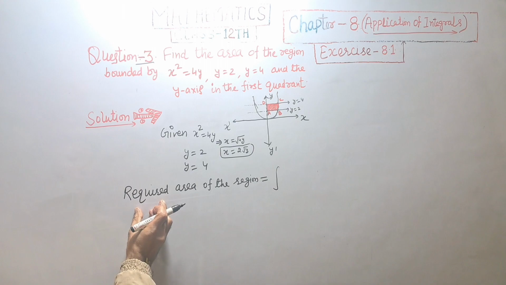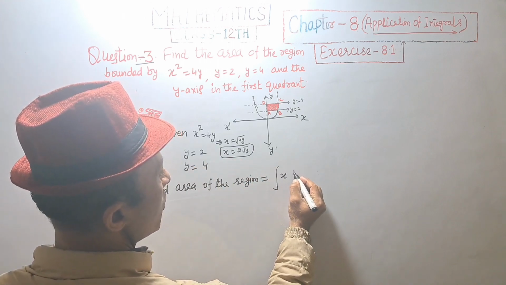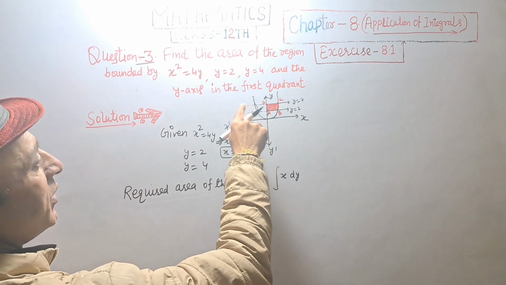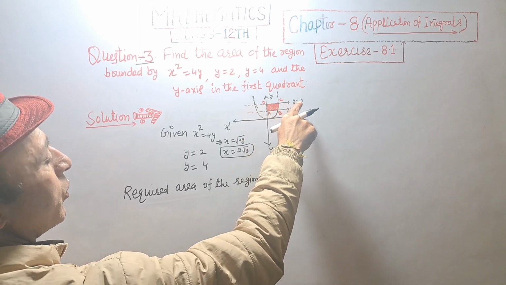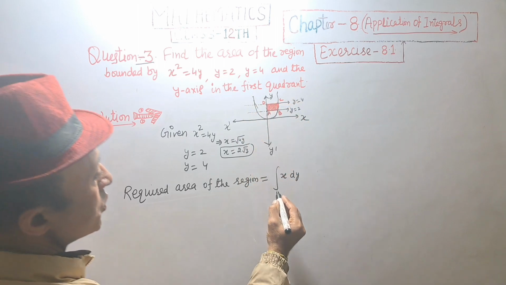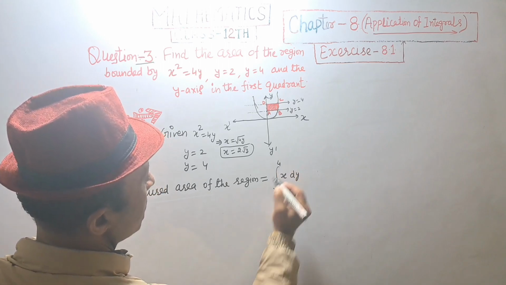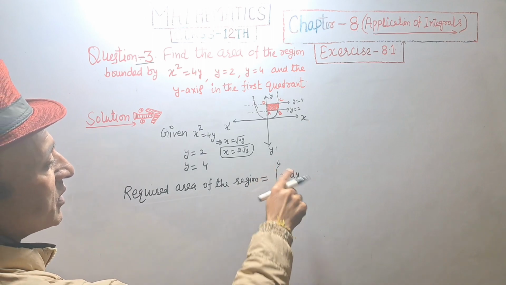And required area of the region is equal to x dy, and limit we have y is equal to 2 and y is equal to 4. So limit lies between 2 to 4 and integration of x dy